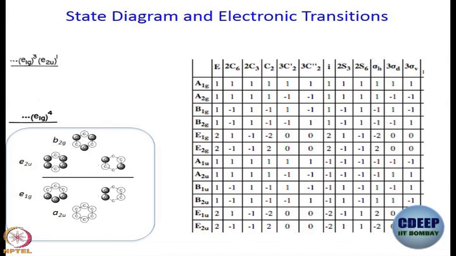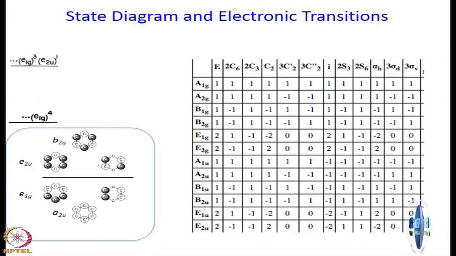This is my electron configuration in ground state and excited state, agreed. In the ground state, we have A2U2 as well, but the HOMO is E1G4, these are fully filled. Excited state means first excited state, one electron will go from E1G to E2U. So, instead of E1G4, I have E1G3, E2U1. Understood everybody? If you do not understand, please ask. You are okay with the symmetries of the molecular orbitals, I hope.